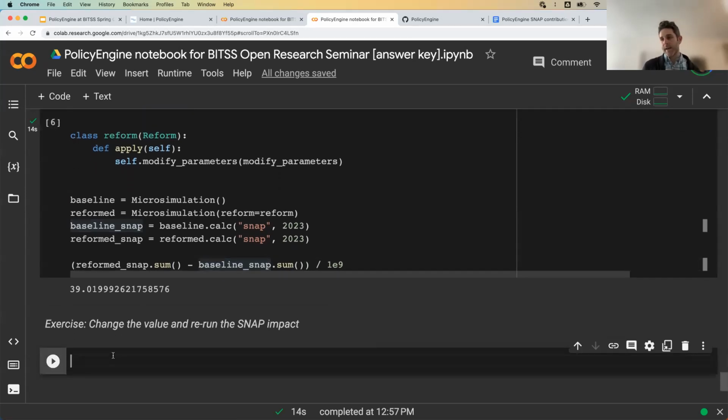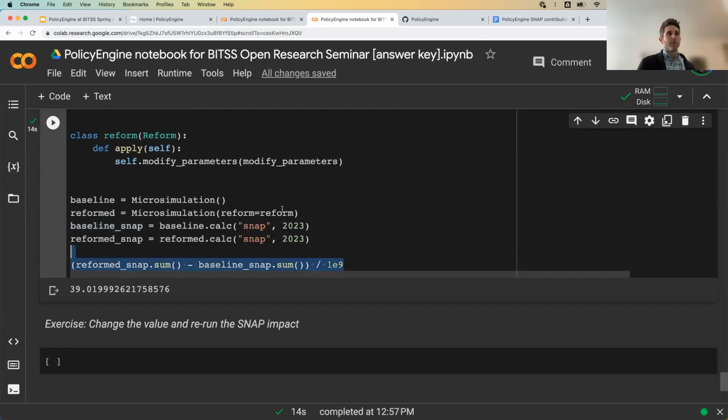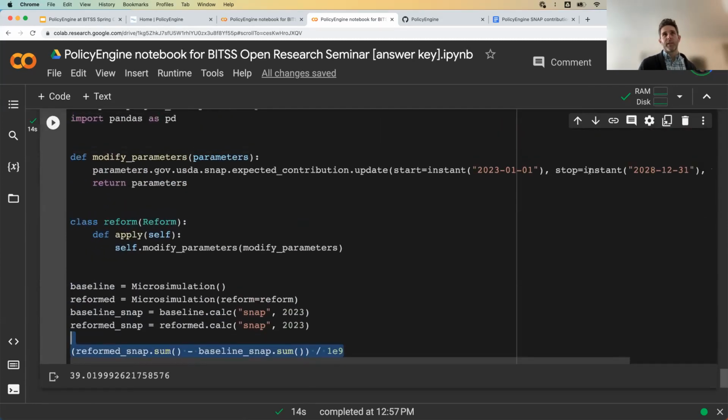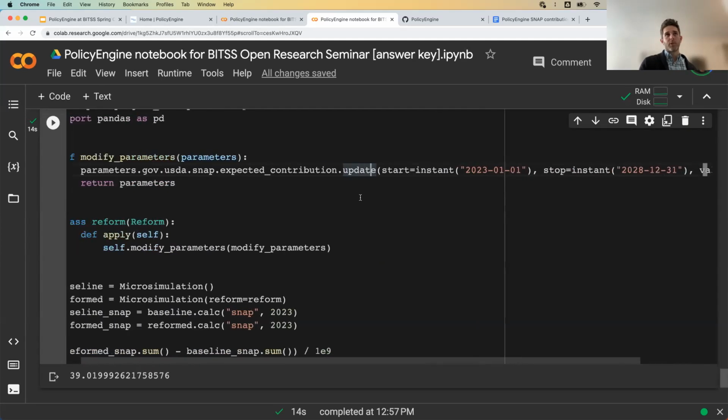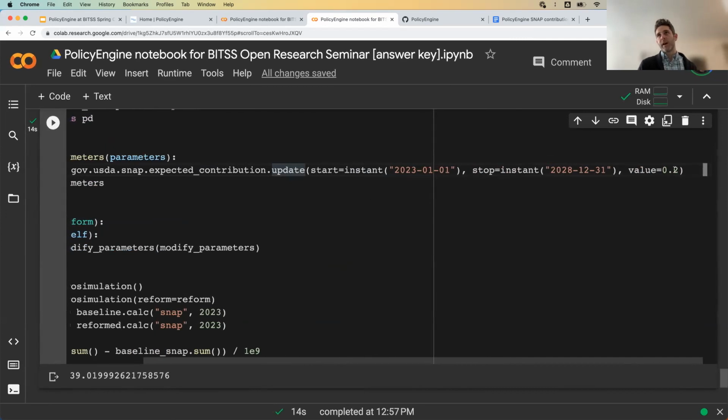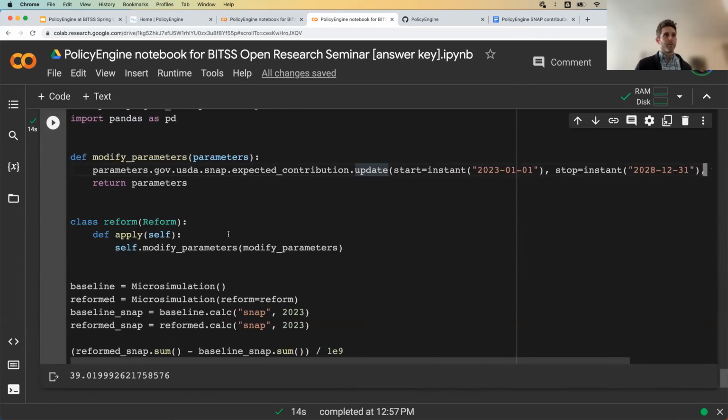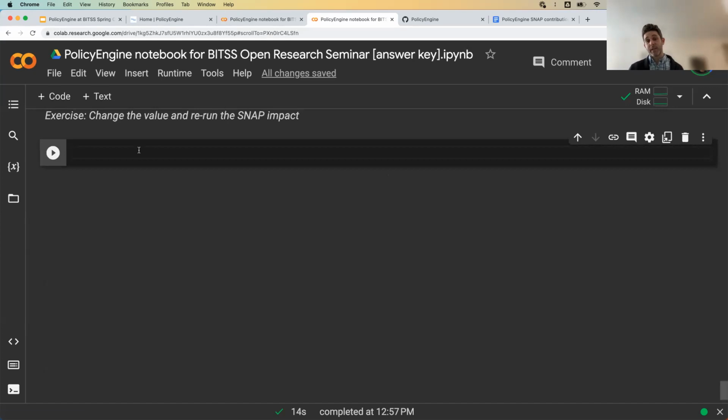So this will be the last programming exercise, but just sort of give a shot to changing the number. You can copy the cell and just change one of these values and see how it affects SNAP. Or if you're feeling brave, you could try making a for loop and sort of making a chart of how the impact is for different SNAP levels.